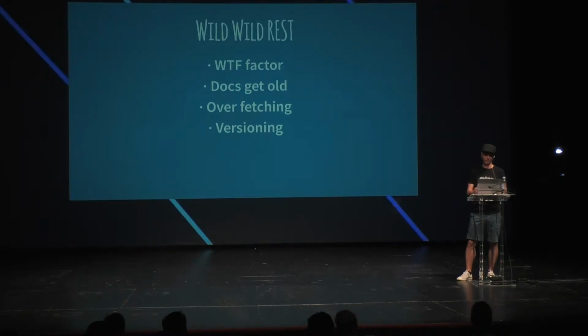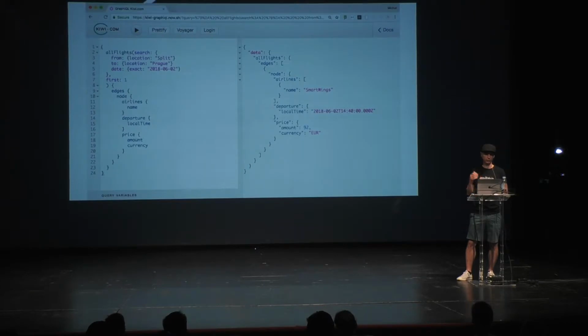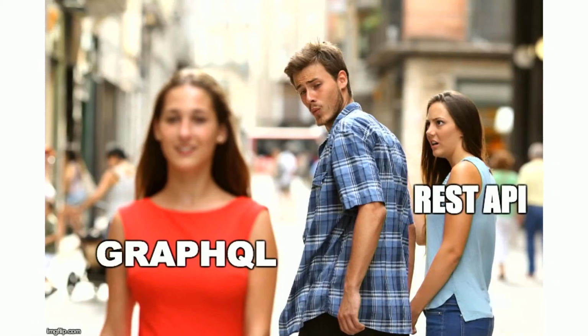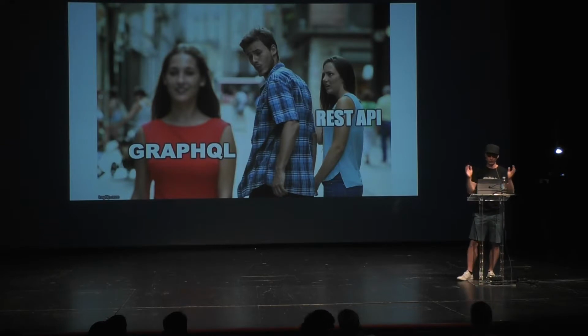But we heard there is something better. There is something where you can just specify the data you want in a much more readable way, and you receive only what you are asking for. So pretty immediately, we were in this phase. We fell in love with GraphQL and wanted to kick the REST API out of our site.